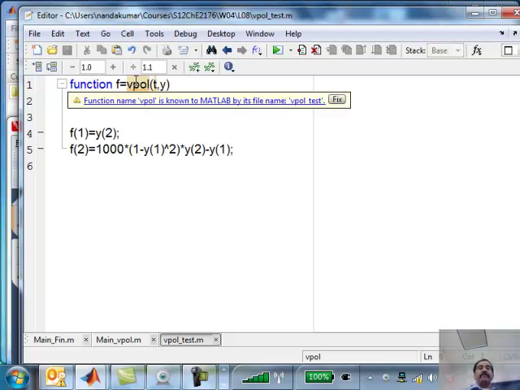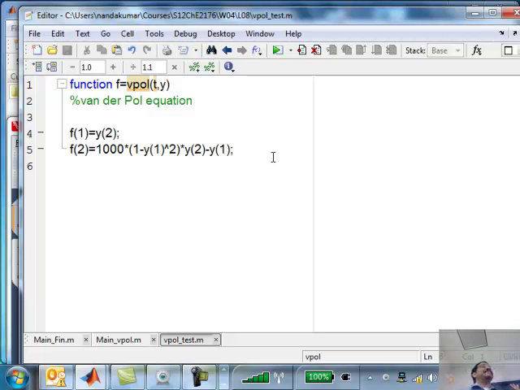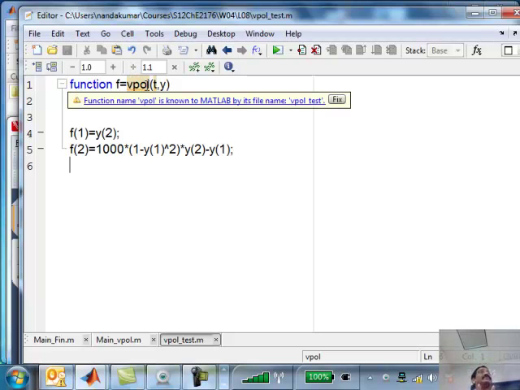That's what I gave it, and I'm okay with that. I can live with that, because when I call ODE-IVP, I need to specify vpol underscore test, not just vpol. Vpol is just a function name that I use inside this. Later on we will see that you can have many functions in a file. These are called sub functions, and their visibility to MATLAB is limited only by the file name.